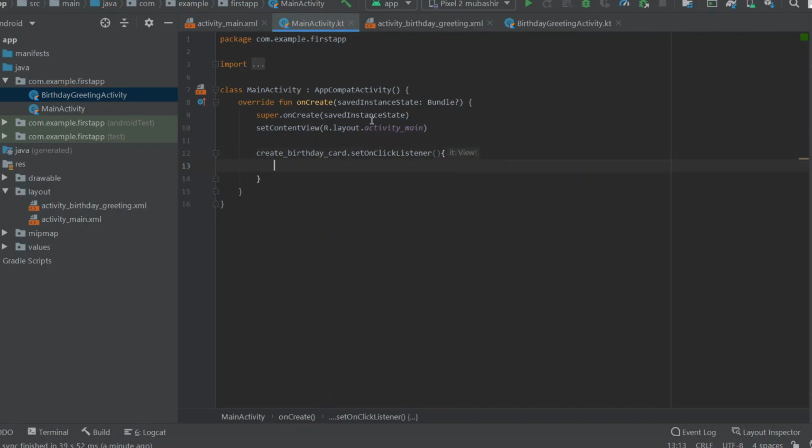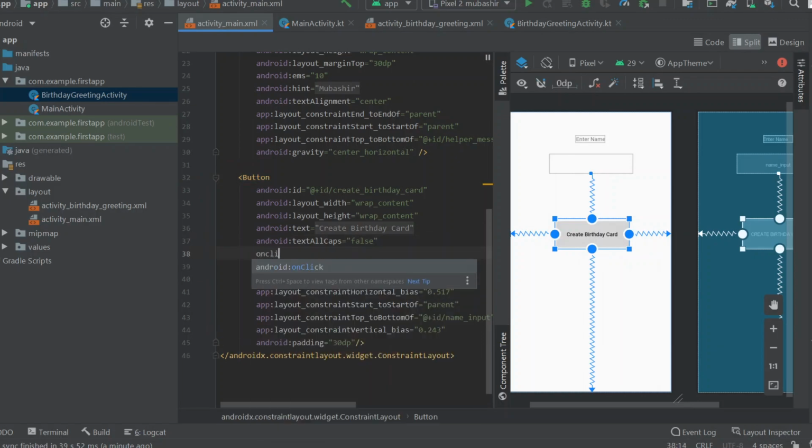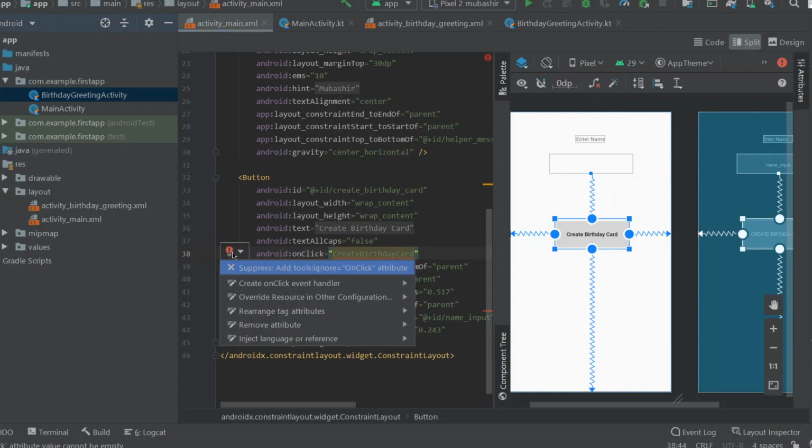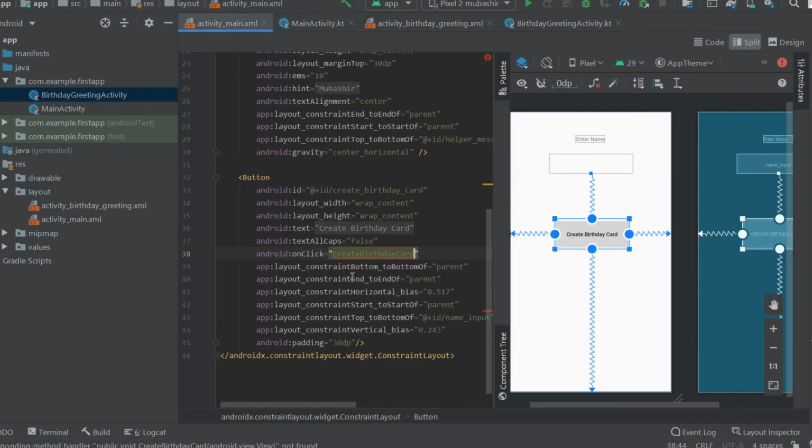So there are two ways. This is the one, and the second one we can directly give here on click. So on click we can give a name to this, create birthday card. Now this is giving us an error because we did not define a function here with the name create birthday card.